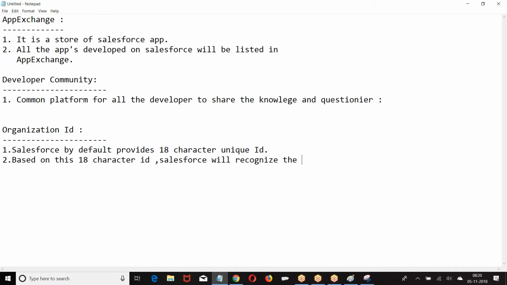Based on this 18 character ID, Salesforce will recognize the instance of the org.